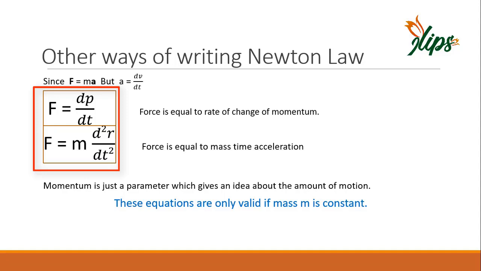There are certain conditions in which masses are not constant. For example, in the case of a rocket, it consumes its own mass as fuel, so its mass is decreasing with respect to time. Another example can be a person carrying a bucket of water, but the bucket contains a hole, so water is dripping out. In this case, the mass is also decreasing. In such a case, these two equations will not be applicable. Then all you have to do is consider mass as a variable in the first equation and differentiate it, and thus you will have an extra term in this expression.